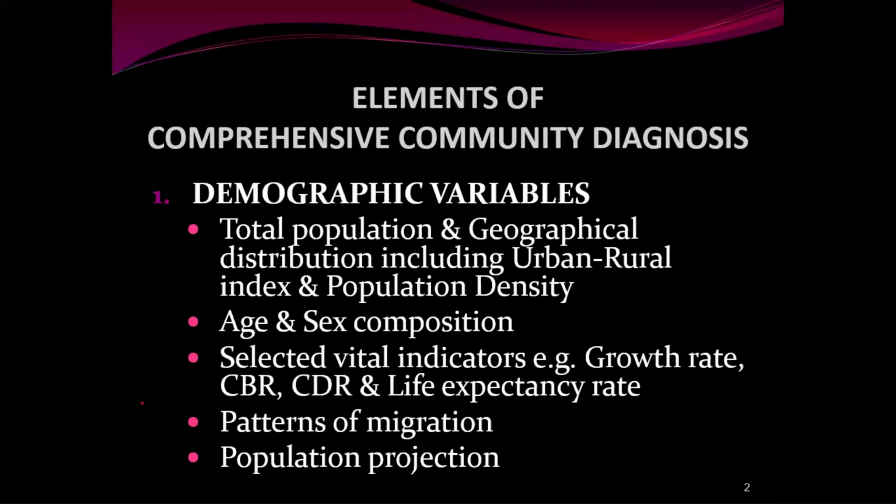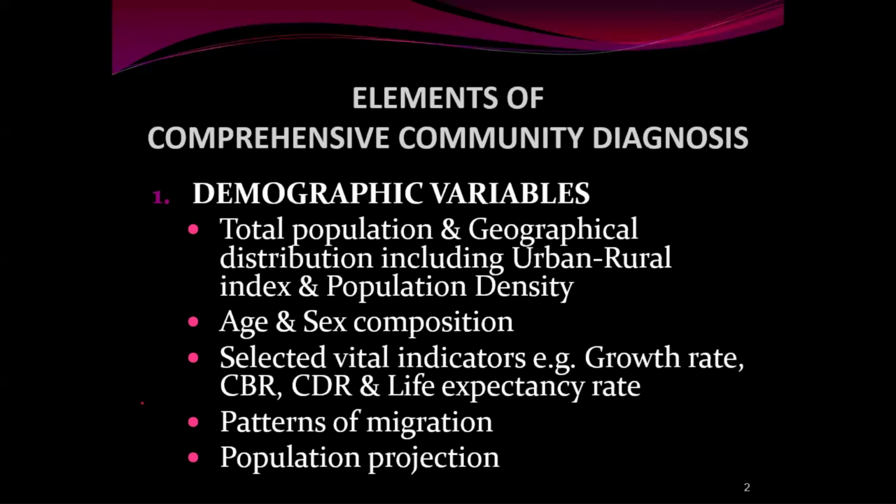CDR, CBR, growth rate, all these things. Crude birth rate: we should know the crude birth rate in the community. Without knowing the birth rate, we cannot estimate the health situation in that community and which intervention programs need to be increased or decreased. CBR. Similarly CDR, crude death rate. Also, to find out the health status in the community, we should know CDR and CBR. If there is a high CDR, it means the health status of the community is not good.